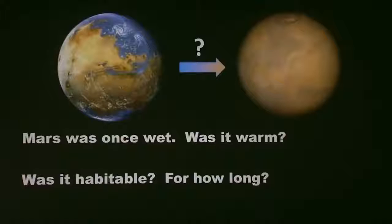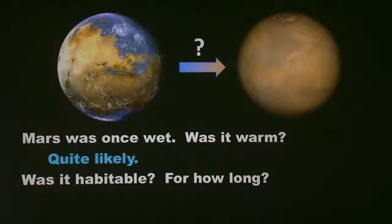So to wrap up here we are with the story of climate and habitability on Mars. Mars was once wet. Was it warm? I think it's quite likely. And the reason we think that, in spite of the faint young sun paradox, is that the lakes were there for so long and they were so continuous that it's very hard to explain them by the other creative ideas that scientists have had of how you can get the rivers and floods in a permanently